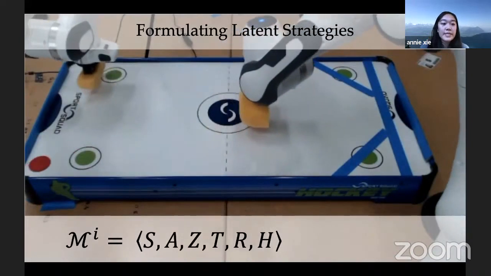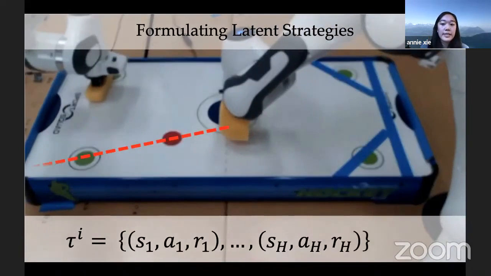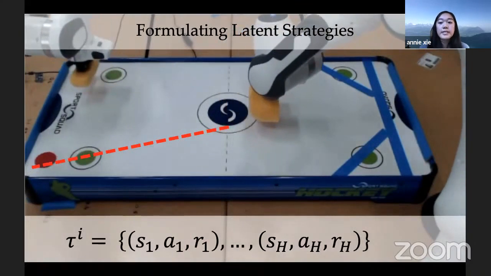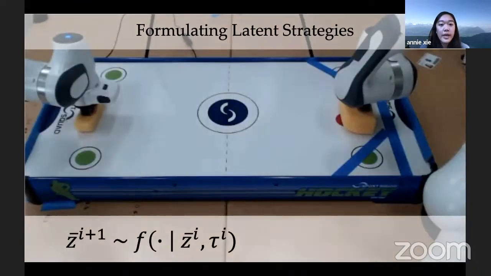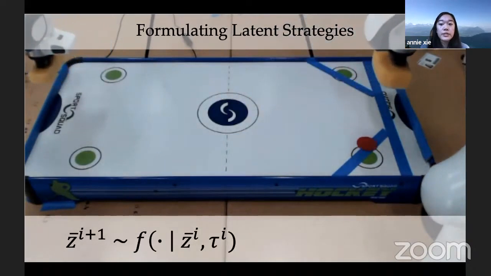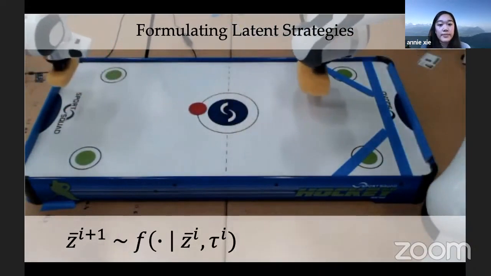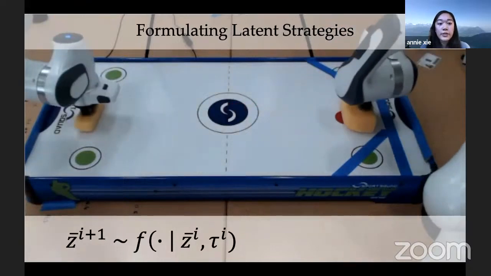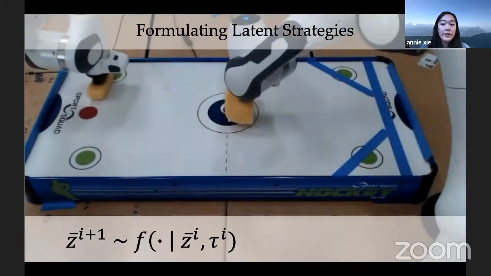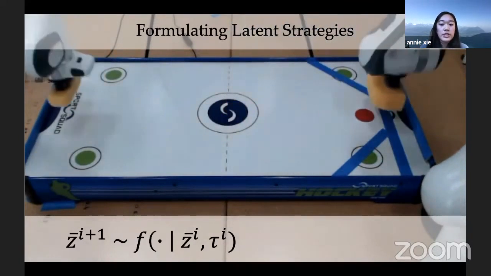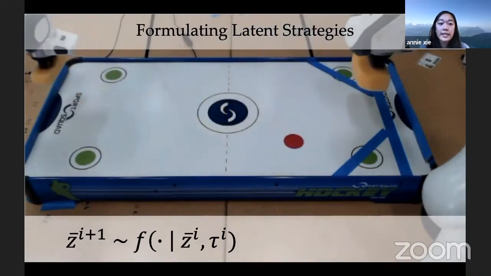Each trial lasts for a fixed number of time steps, and we define an interaction to be the resulting sequence of states, actions, and rewards of the agent. After each trial, the other agent will then select a new strategy based on the previous interaction. Importantly, the ego agent never observes the strategies or the actions of the other agent. Because naive reinforcement learning algorithms assume that the environment is stationary, they don't actually model the changing environment. So when faced with a non-stationary agent, such as this one, the RL agent will learn to just pick one mode to block, and here it blocks on its left side.